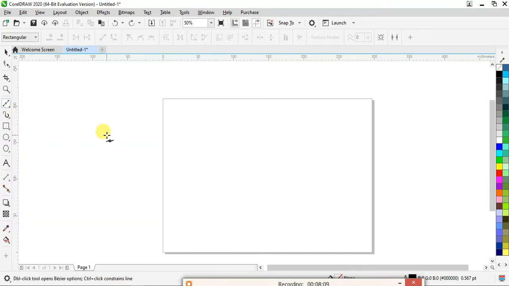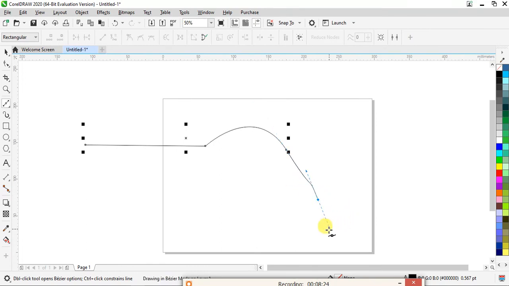Now if you want a sine wave using your Bezier tool, that is also possible. Let's say I have clicked here, I click here, and when I click here, I won't release my mouse. I will just keep it as it is and drag my mouse like this. Now what if I do the same over here? Now I am clicking here, so it will give me the sine wave as it is. You can use the sine wave in your electronic drawings. This is how you can use your Bezier tool effectively.